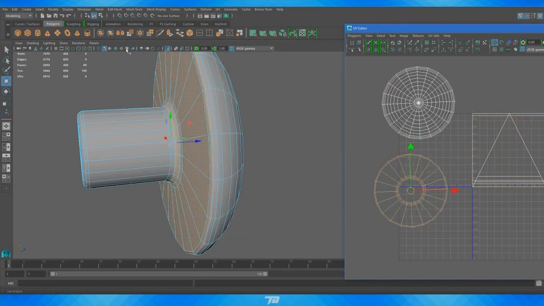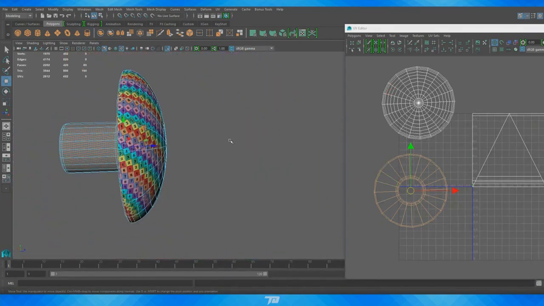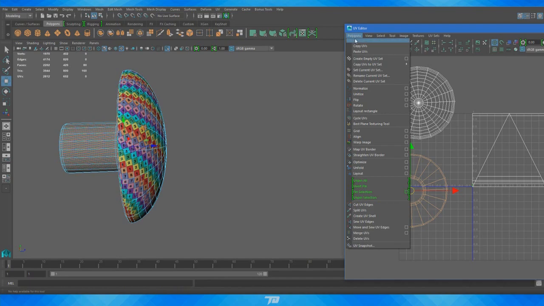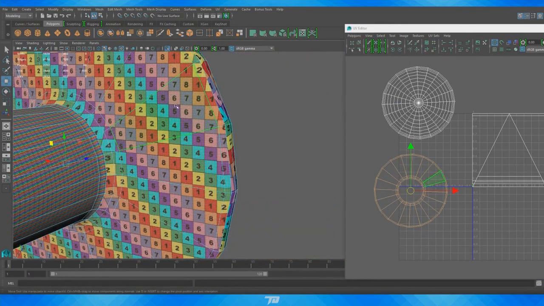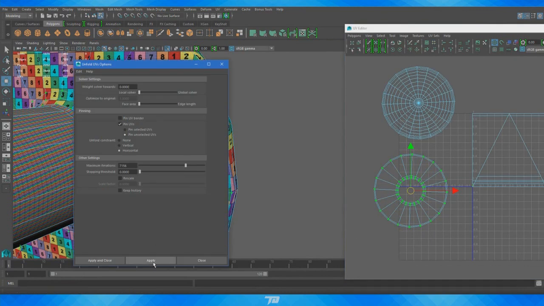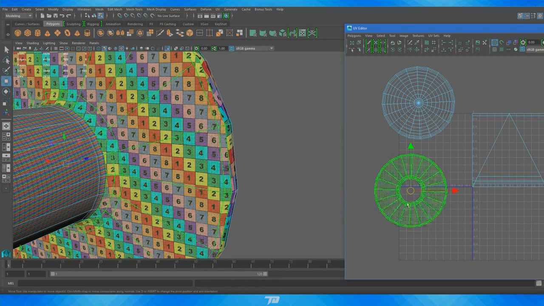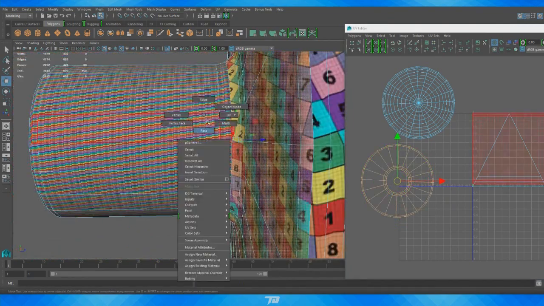But if I turn on my textures, I believe this will be, yep, it's backwards here just because it's facing the opposite direction as this. So before anything, I'm going to go to polygons and flip, just so everything's the correct orientation, as you can see by the numbers. And then, like everything else, we're just going to select the UVs and just unfold them with horizontal and then vertical. So we're going to leave this for now, and moving on to the next piece, we are going to select